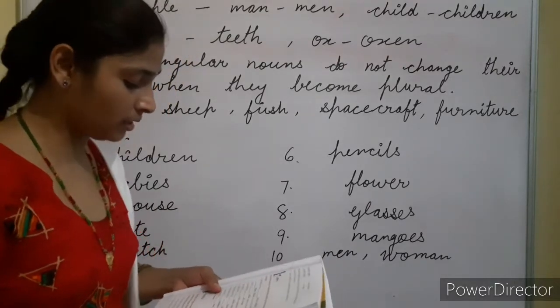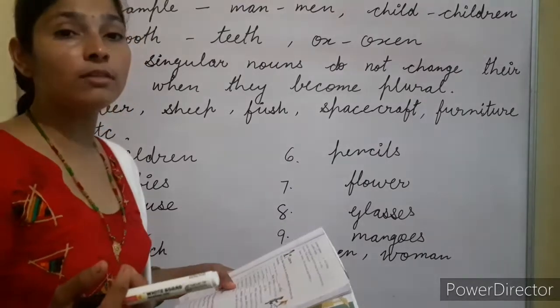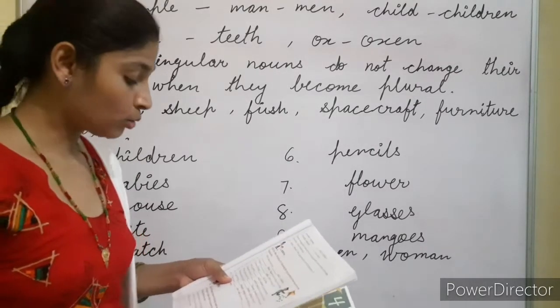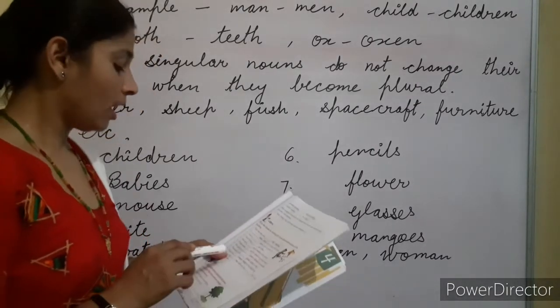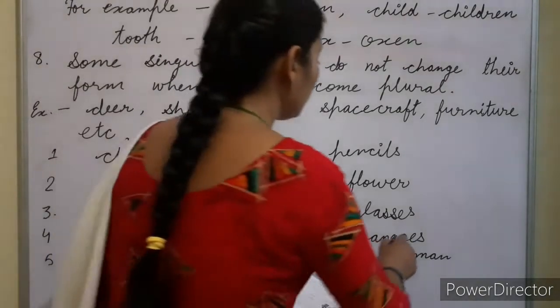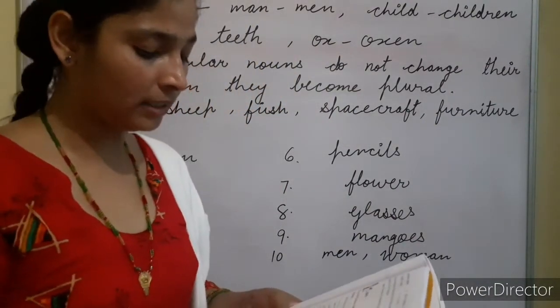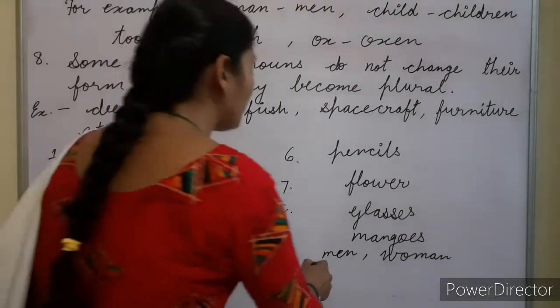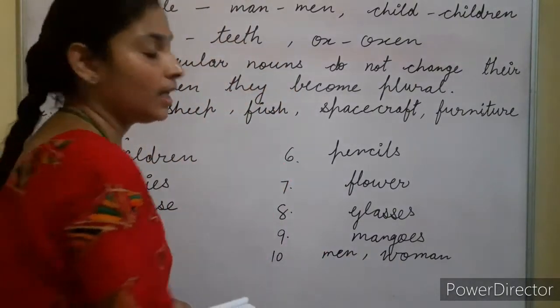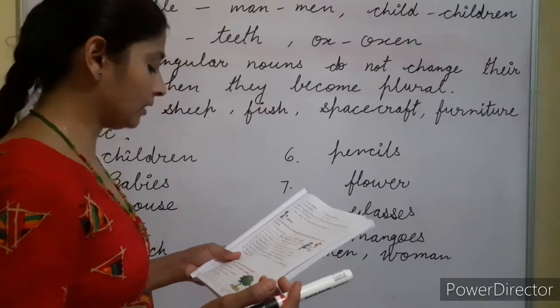Next is 9 number sentence. I gave 2 blank. Here you are getting 2. So more than 1 we are putting plural. So here you will put mangoes. I gave 2 mangoes to the child to eat. So here mangoes you will put. 10 is, there are 5 blank and. So there are 5 men. Man plural will be men. Okay, 5 men and 1. 1 you are getting woman in that team.